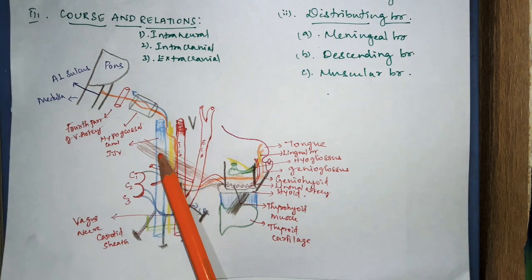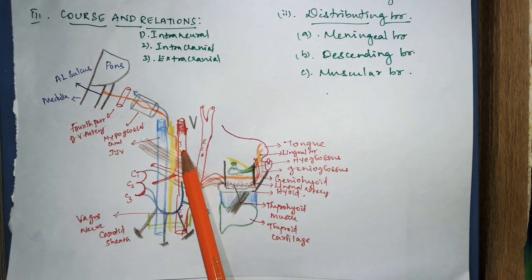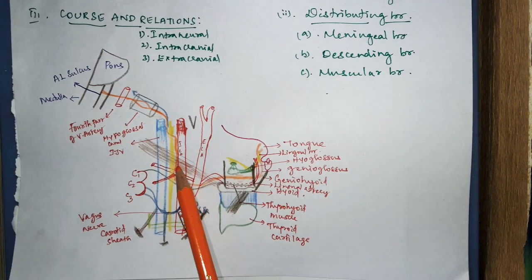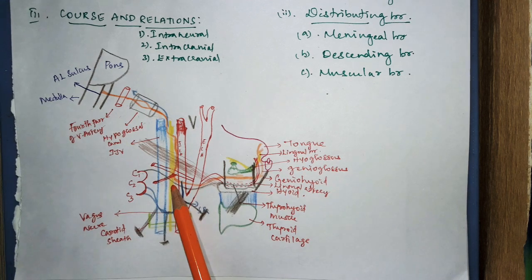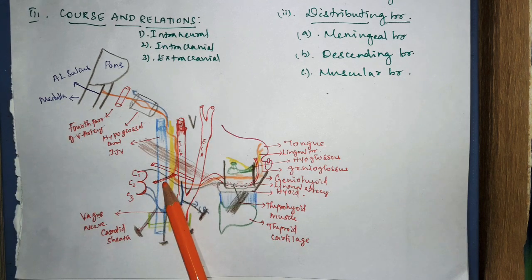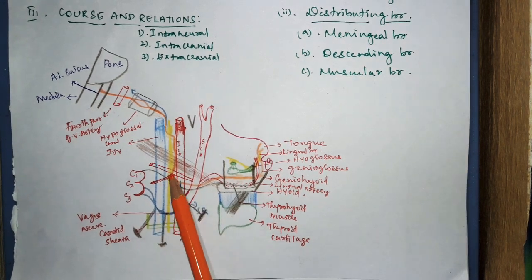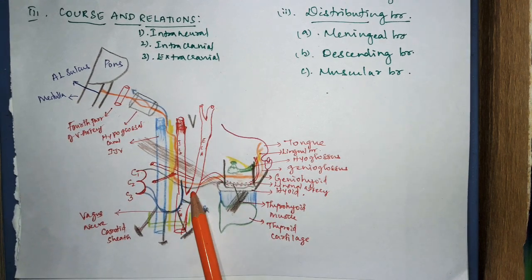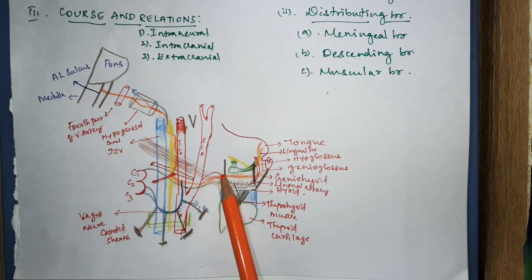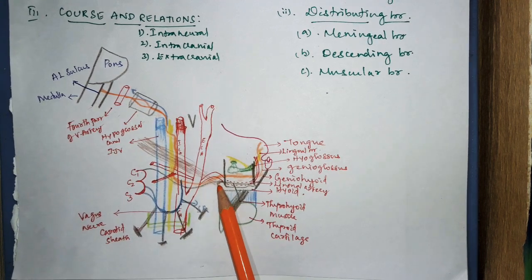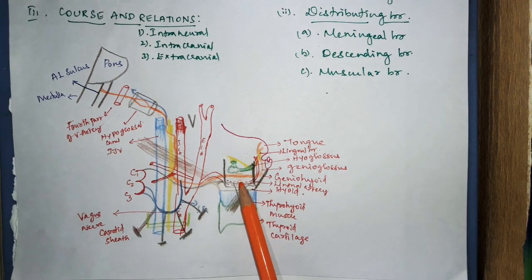Then it runs vertically downward between the internal jugular vein and the internal carotid artery. Then it goes deep to the posterior belly of digastric and the stylohyoid muscle at the level of the angle of the mandible, then enters the carotid triangle. In the carotid triangle, the nerve loops forward over the lower sternomastoid branch of the occipital artery. This is the occipital artery. Then it proceeds forward, crossing superficially the internal carotid artery, the external carotid artery and the loop of the lingual artery. Passing these, it runs upward and forward above the greater cornu of the hyoid bone, deep to the posterior belly and the stylohyoid muscle, and enters the submandibular region.